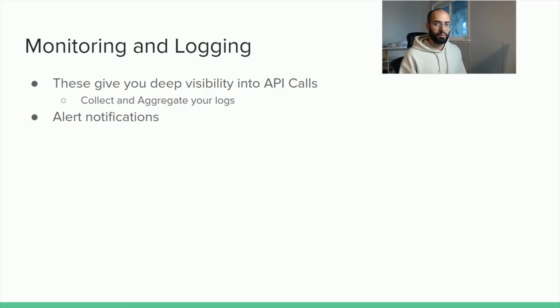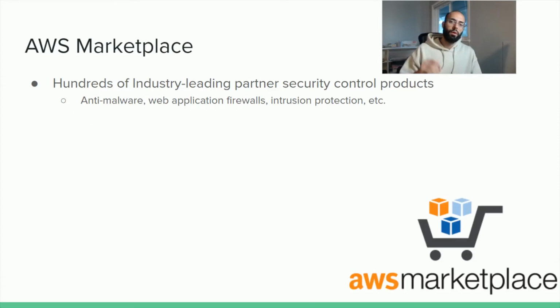Monitoring and logging is an important part of compliance, auditing, and of course security. So everything that we've talked about in previous videos, such as CloudTrail and CloudWatch, helps you to run a more secure organization and operations. And then finally, if what AWS has to offer is not sufficient or not specific enough to meet your security requirements, there is also the AWS Marketplace, which provides a bevy of other security products, including anti-malware, specific web application firewalls, intrusion protection, etc., which you can include relatively simply into your existing AWS resources.